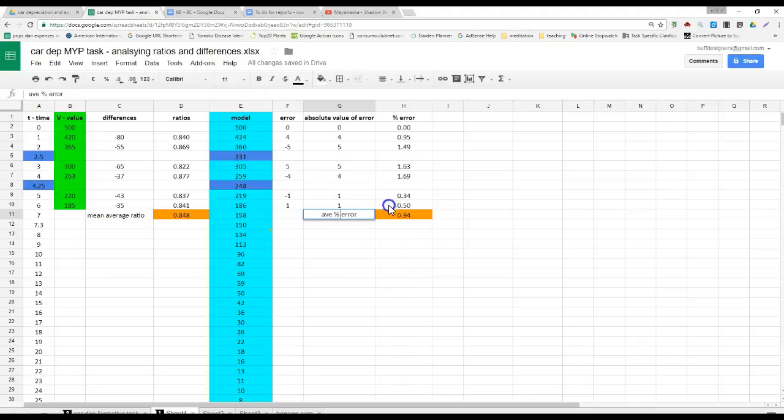We could say, well, the average error in the model so far is less than 1%, so we can assume that any values predicted in the range of the data would have an error similar to this, so about less than 1%. However, if we go beyond the data, so once we go beyond t equals 6,